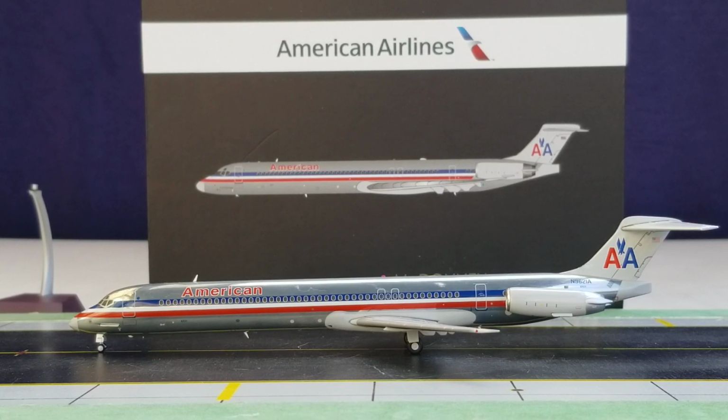American Airlines took delivery of its very first McDonnell Douglas MD83 aircraft, which bears the registration ship number N203AA, on May 12, 1983, and acquired their very last McDonnell Douglas MD83 aircraft, which bears the registration ship number N984TW, on December 2nd, 2001. And that particular aircraft was acquired through the airline's acquisition of TWA Transworld Airlines when the two airlines merged under one entity,